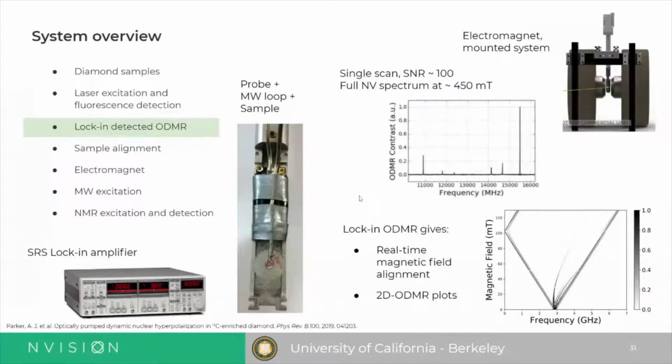So we were able to then acquire the full spectrum of an ensemble of NVs in a single crystal at various magnetic fields, and we could do this quite fast because we had this nice sensitivity. So this was sort of the setup that we had, and also what enabled us with the sensitivity, since it's so fast, is we could in real time align our magnetic field, which was very